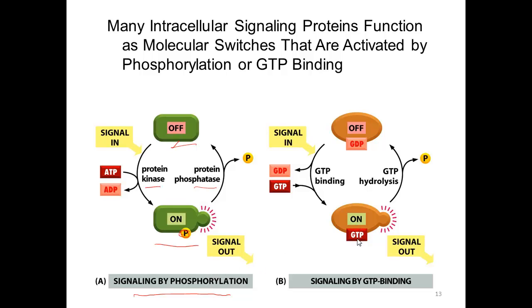Completely analogous but slightly different is proteins that bind GTP or GDP. Again, I think it's clear to see that the difference between this state and this state is a single phosphate group. So there's a charge difference between these proteins, conformational changes, and activity changes. Now the difference is here, the ATP is being hydrolyzed and the phosphoryl group is being covalently attached to the protein. In this case, this protein binds the molecule GDP or GTP, and the way it'll occur is this GTP